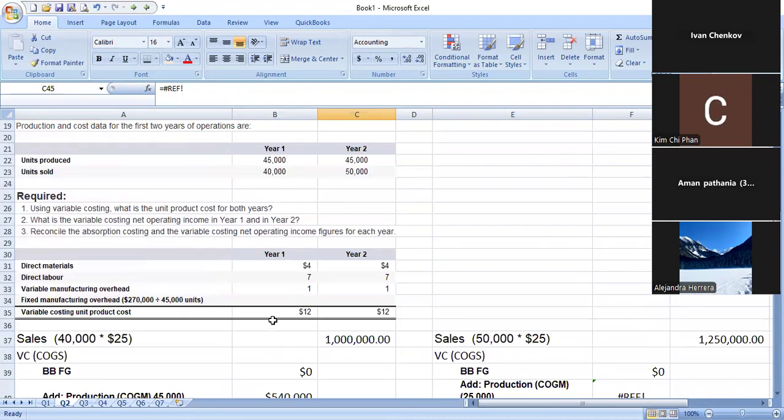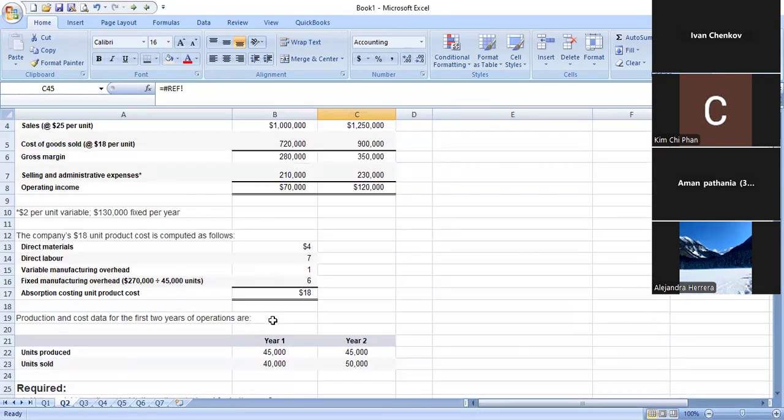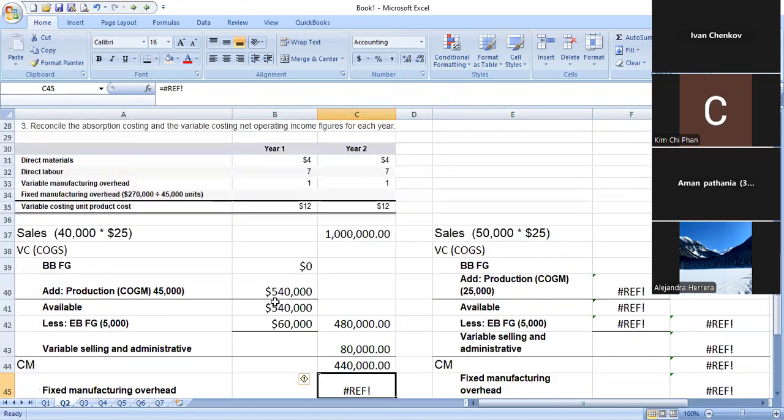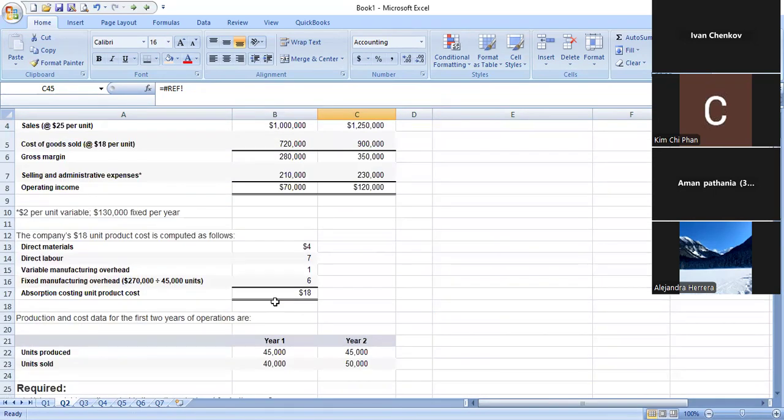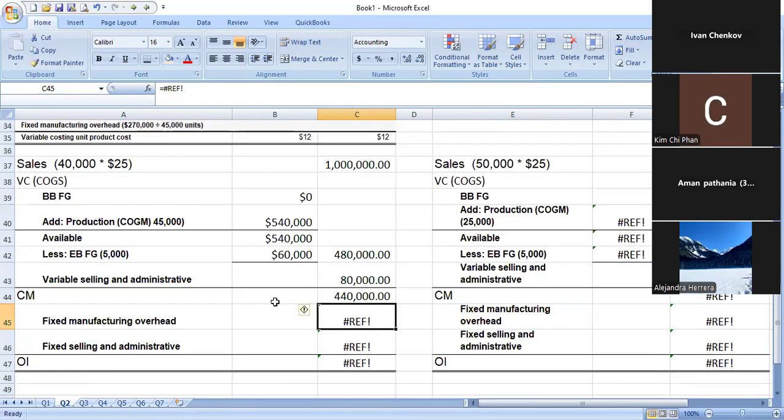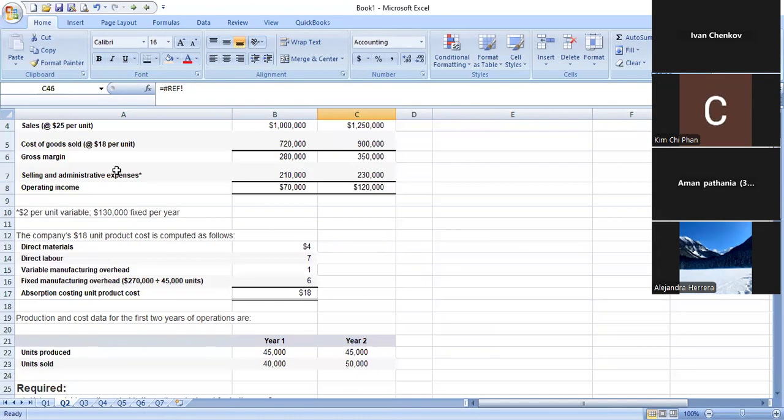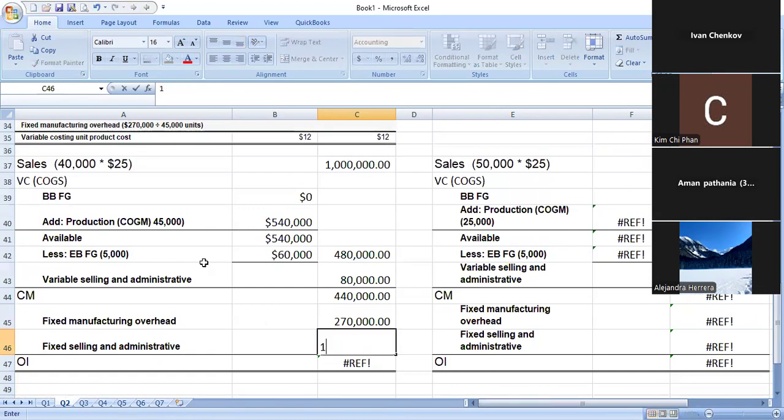Then we have the fixed manufacturing overhead, which we already know, 270,000. And the last thing is the fixed selling administrative expenses, which is here 130,000. And we're done